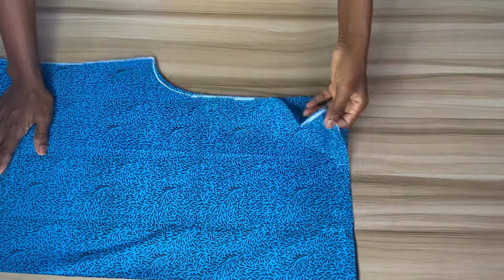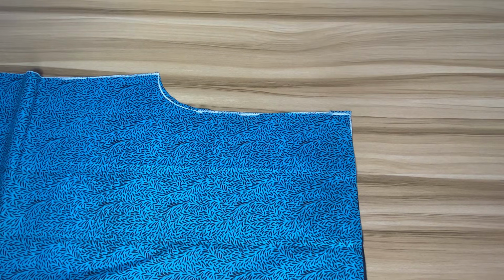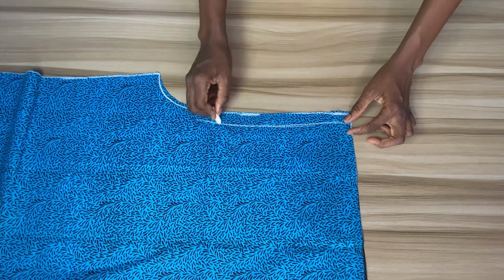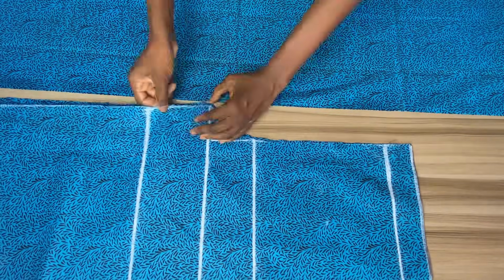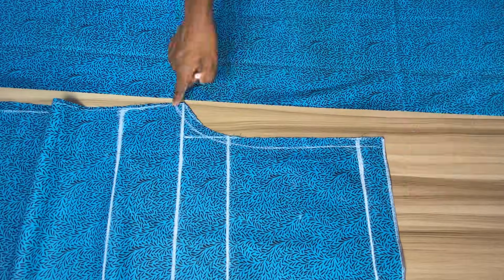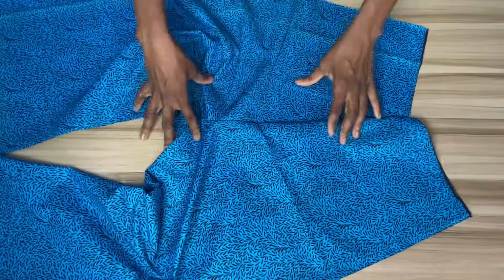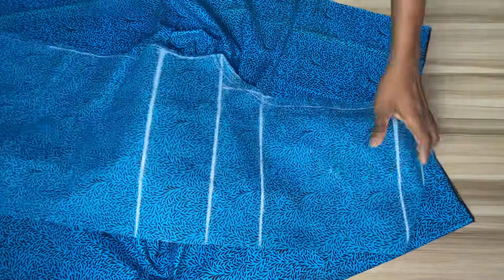So now let's go into the sewing process. This is the back piece of my pants. I would go ahead to stitch the crotch by 1/2 inch following the direction of the chalk. And for the front piece, I would also stitch the crotch by 1/2 inch following the direction of the chalk. So guys, I've gone ahead to stitch the crotch for the back piece, and this is how it should be. Now I've also gone ahead to stitch the crotch for the front piece as well, and this is how it